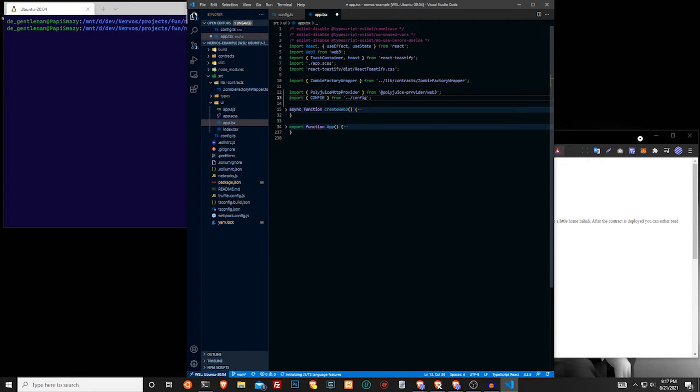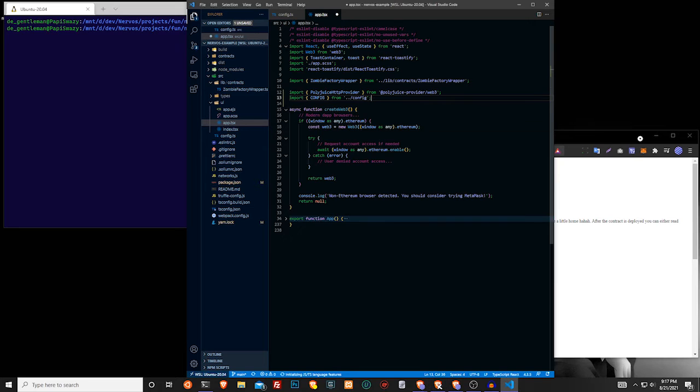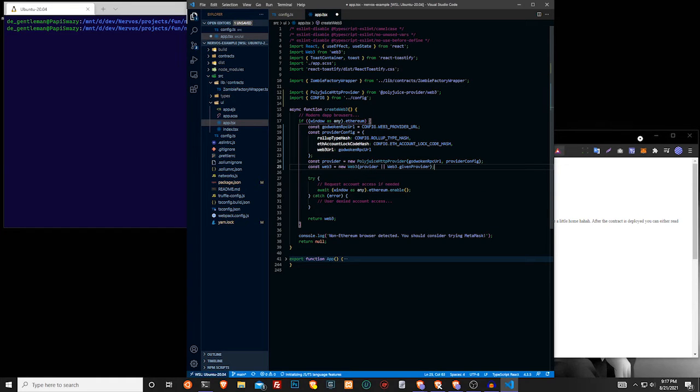And from there, all we want to do is set up our W3 instance so we can run our Godwoken RPC. So for that, right here in this function where we create our instance of the Web3, we're going to change this to the Polyjuice Web3 provider instead. After that, we just want to save, and